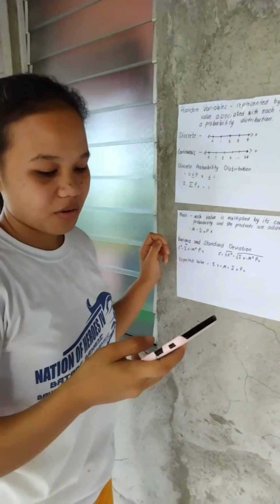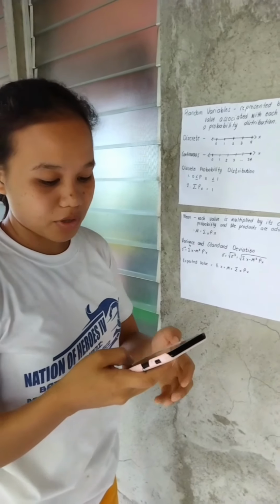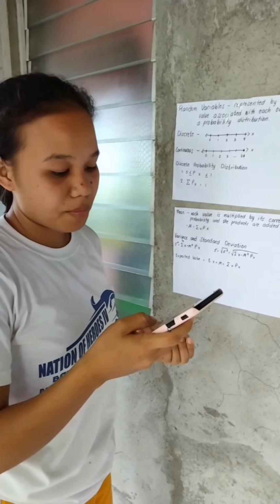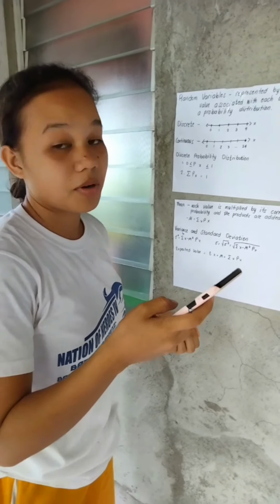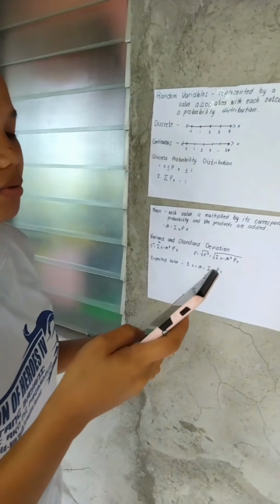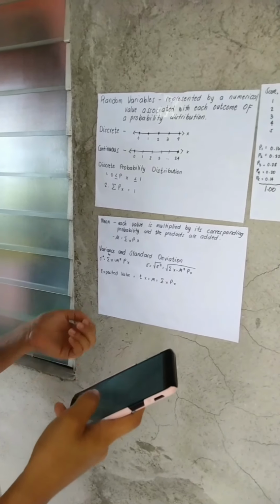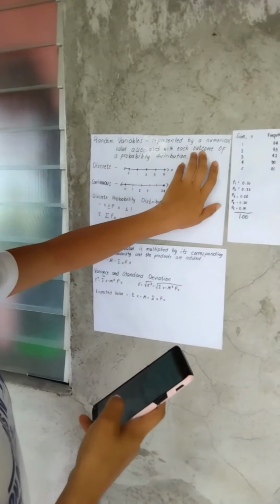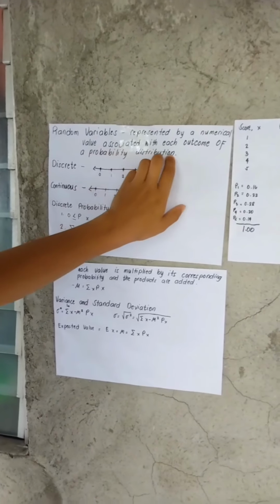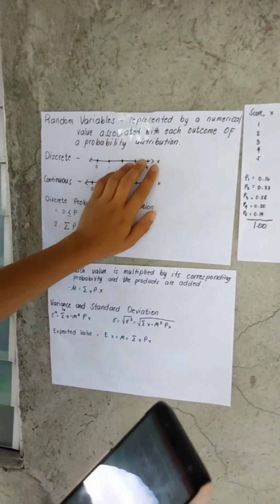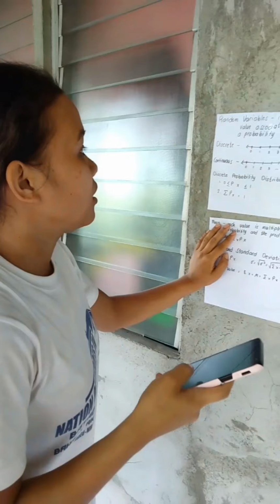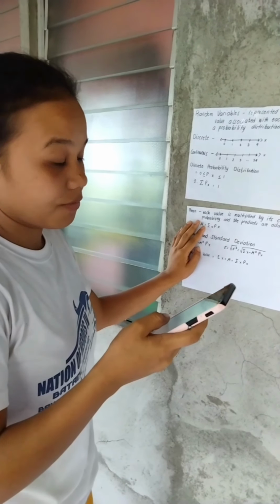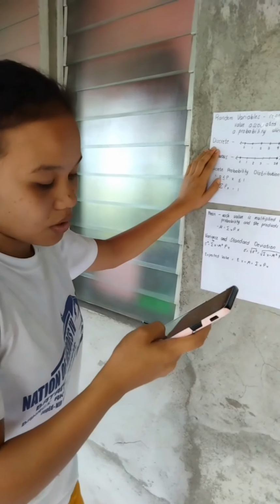Good morning, everyone. So our topic for today in chapter 4 is discrete probability distributions. In section 4.1, the topic is all about probability distributions. In a probability distribution, the random variable is represented by a numerical value associated with each outcome of a probability distribution. It can be denoted by x, and there are two types of random variables: the discrete random variable and